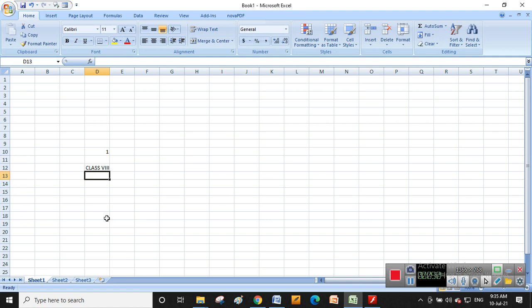Class 7 में जो किया था मैंने वही बताया अभी तक. Okay, so अभी हम जाएंगे, so class 8 में what are there? In class 7 we discussed how to enter a formula, how to select the cells, how to select a group of cells. Okay, all those things we learned.